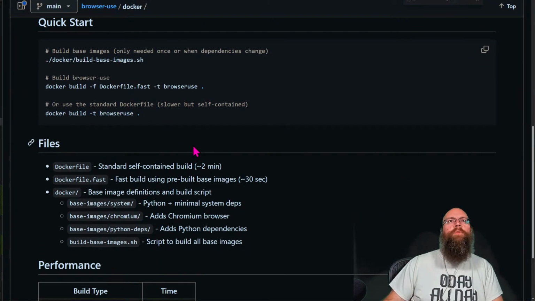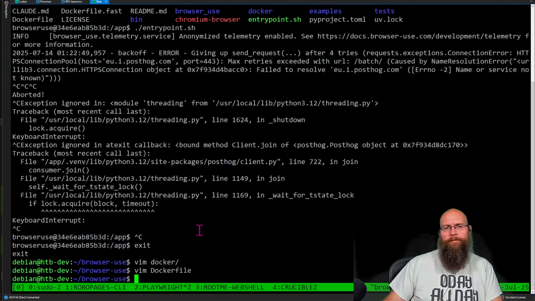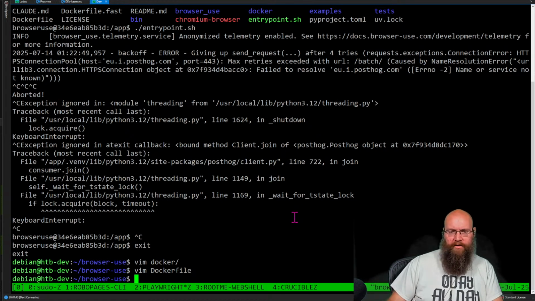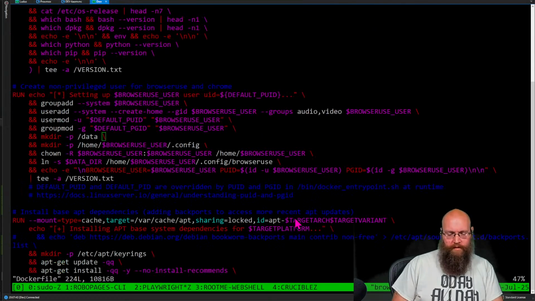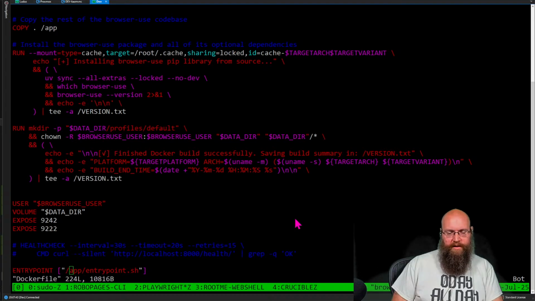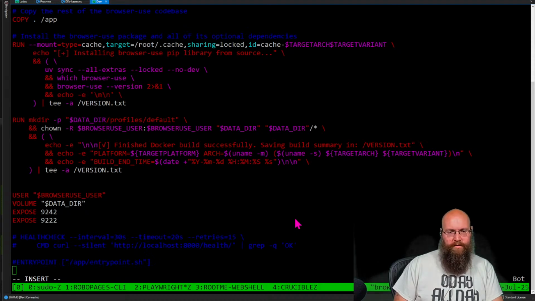Let's do something. Come back here. I actually want to try something now. I want to back out the change we made to the Docker file. So I'm going to take this out. Let's come right here and let's do entry point.